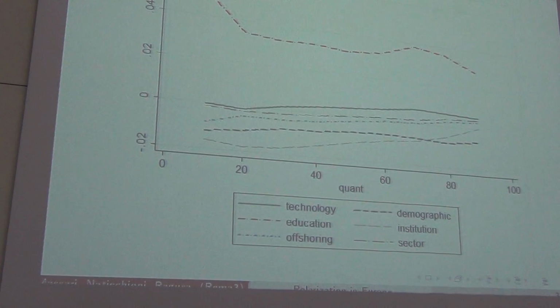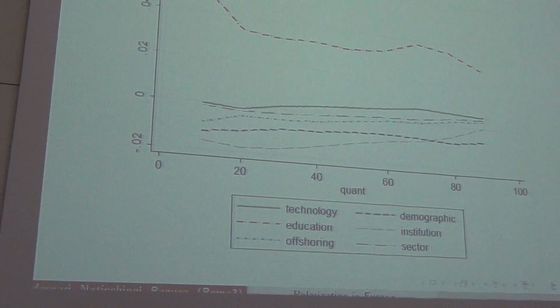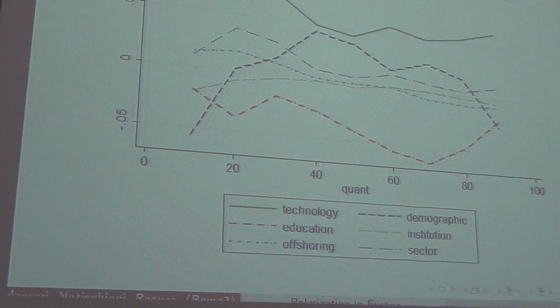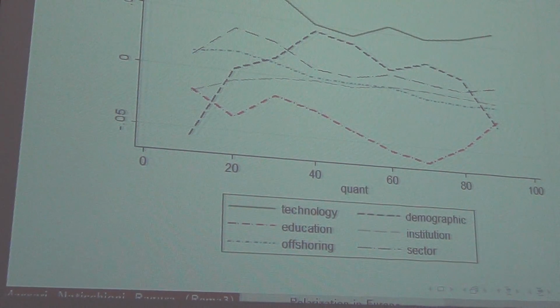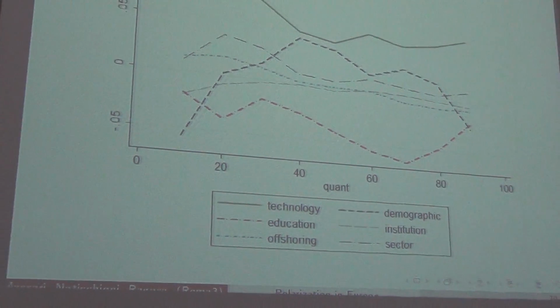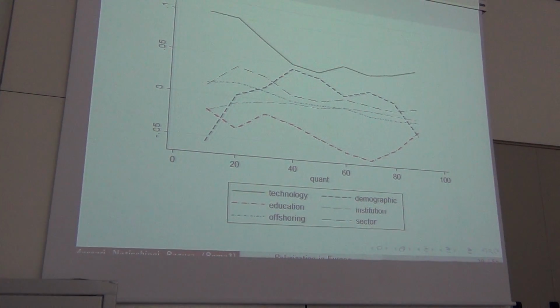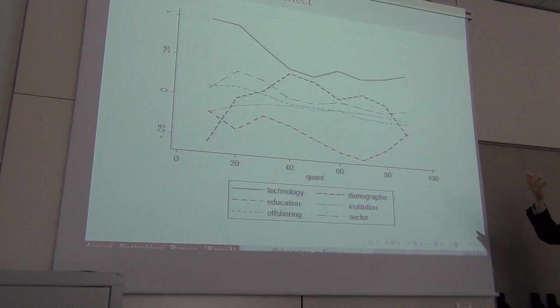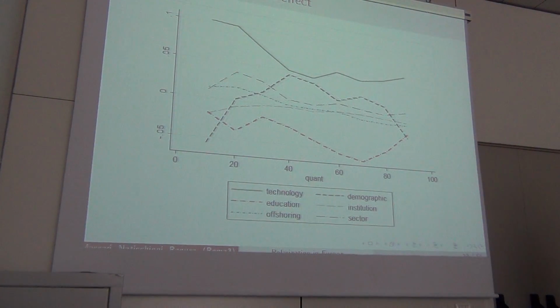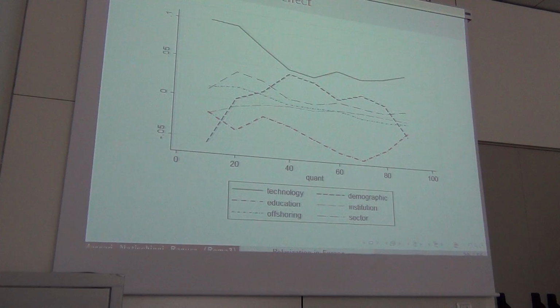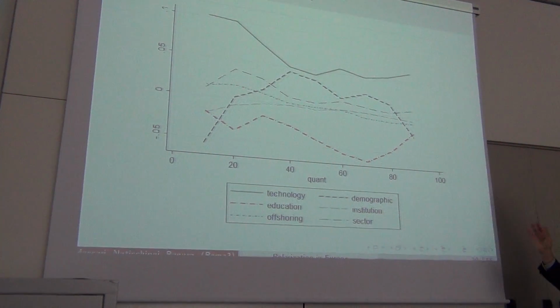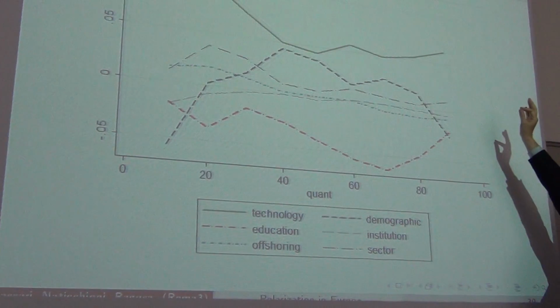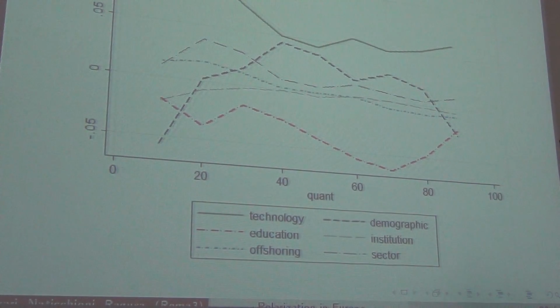Here we have the composition effect for each component, they are almost flat, so I don't spend time on that. While here we have the coefficient effect, the wage structure effect, that is the most important, no? The one that drives all the observed trend that we have in the European labor market. And we can see that even if a mild one, we have a polarizing impact of technology.